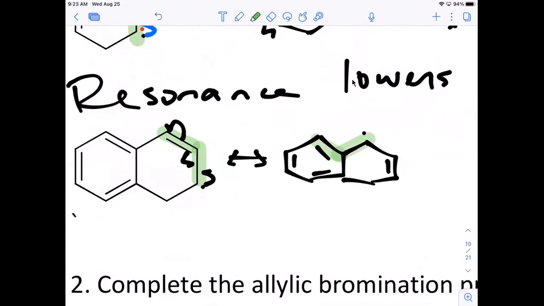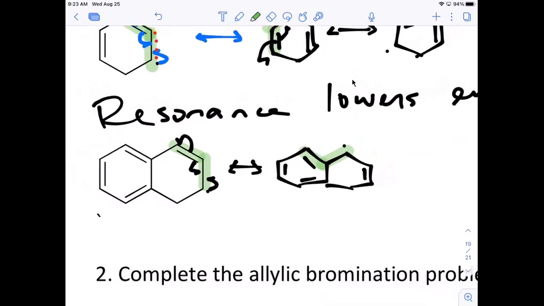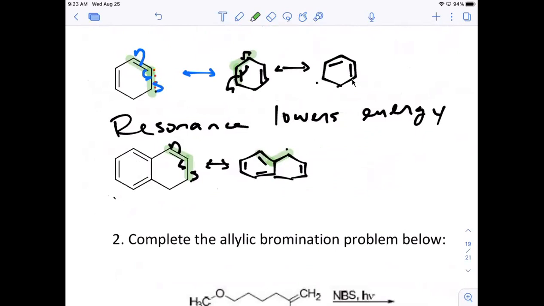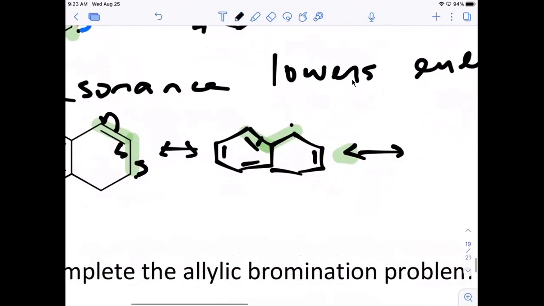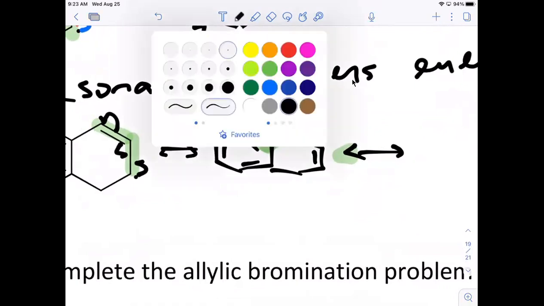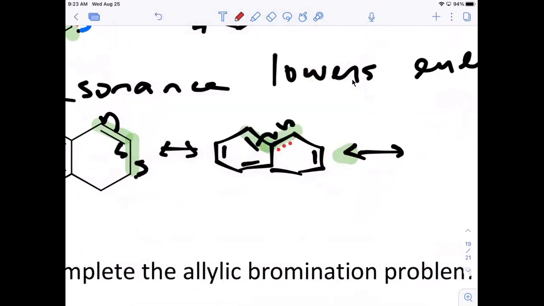Do you see the pattern? It's like flipping the double bond from the left to the right. Yeah, I can shift that. Now, under normal circumstances, I would say don't touch the aromatic ring because it's very difficult to interact with those double bonds in that ring because of how stable it is. But for the case of the exercise, we're gonna do it. All right, so I'm gonna do this. That's coming there. That's coming there. Where those arrows end up,